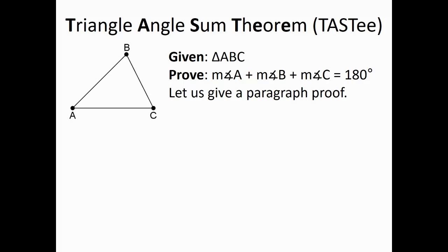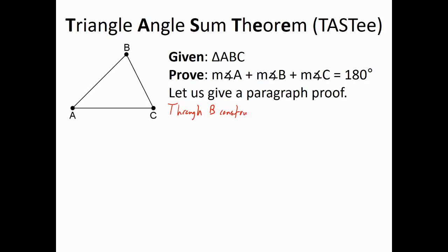So we are given a triangle ABC, and we wish to prove that the sum of its angles, that is the measure of A plus the measure of B plus the measure of C, is 180 degrees. Okay, so we will give a paragraph proof. This starts with a construction, and there is no way to prove the triangle angle sum theorem without a construction at the start. So let us say through B,